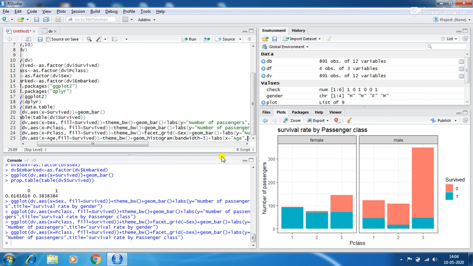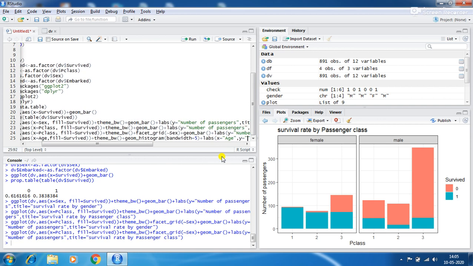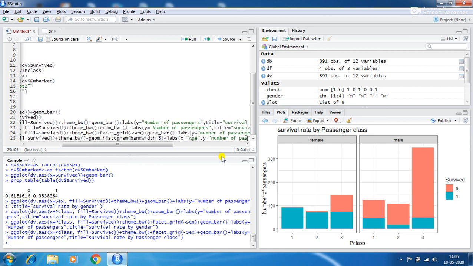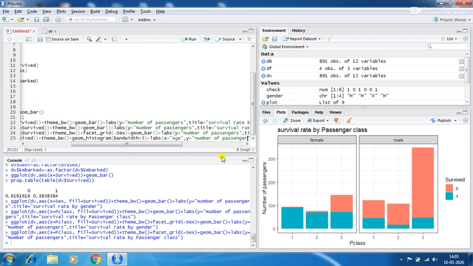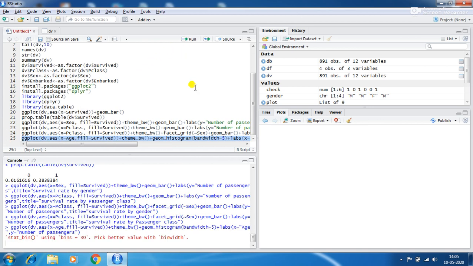So x is age and y is the number of people who survived, that is number of passengers. Okay, look at it by selecting that line and then running it.